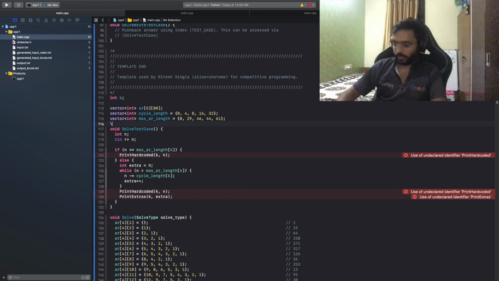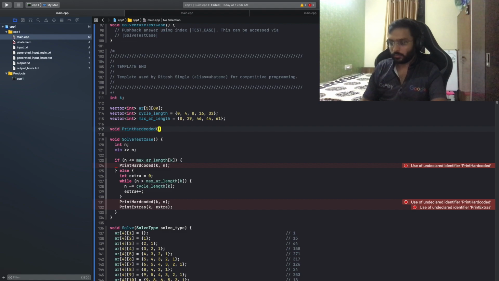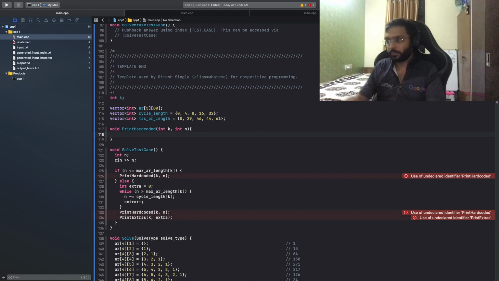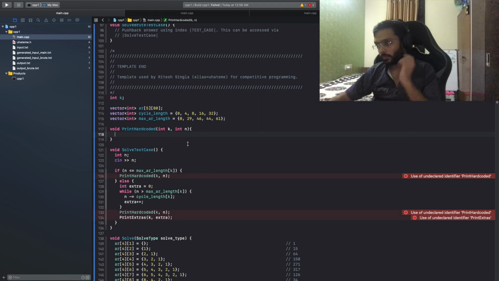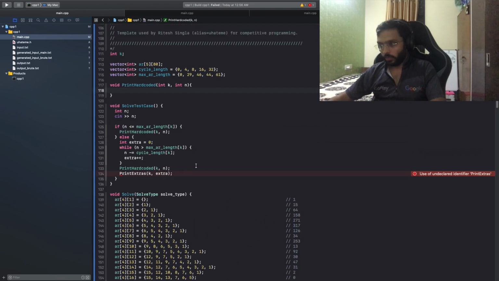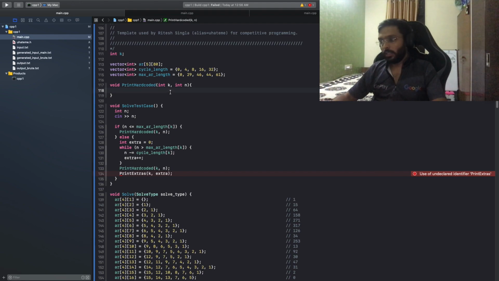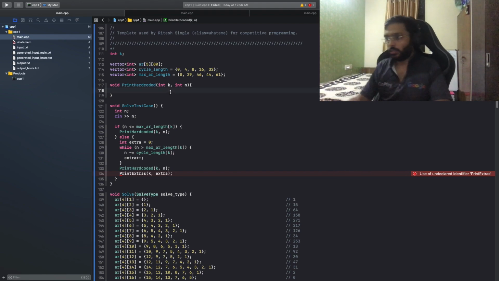So let me just implement these methods. Int k, int n. So for the hard-coded values, basically I just need to iterate over this array, find the sum, first print the sum, and then print the assignment values.